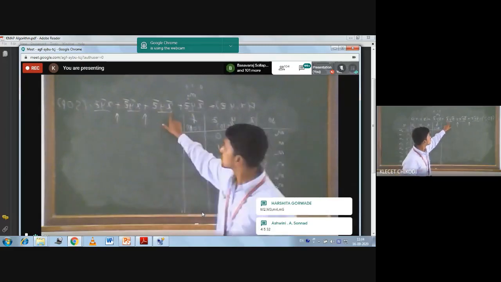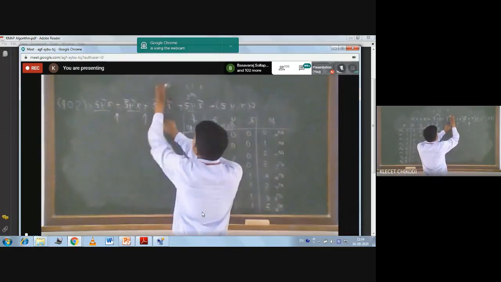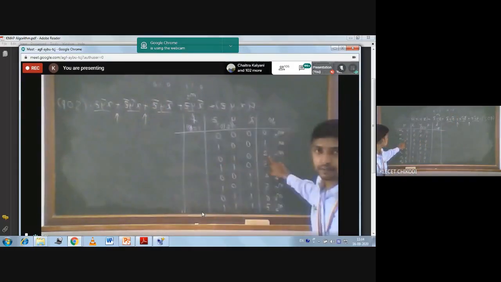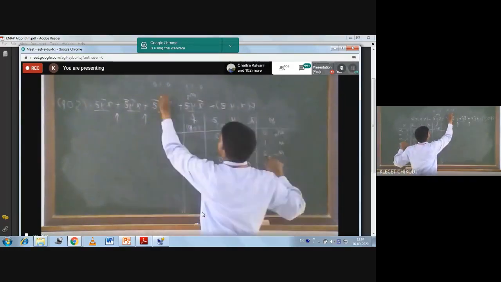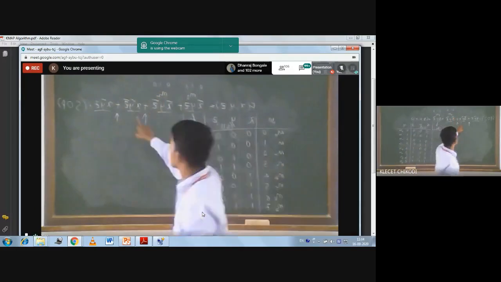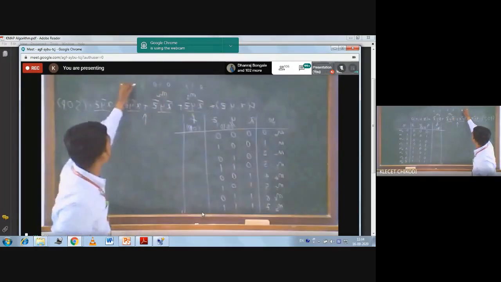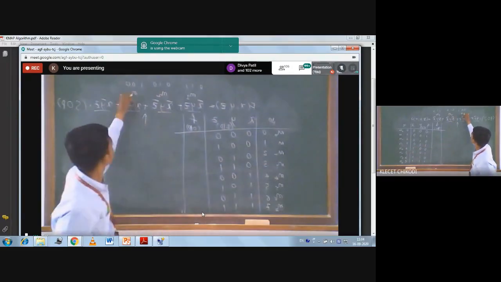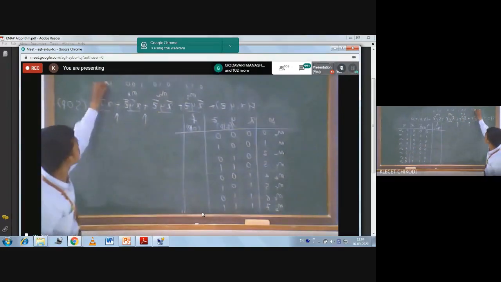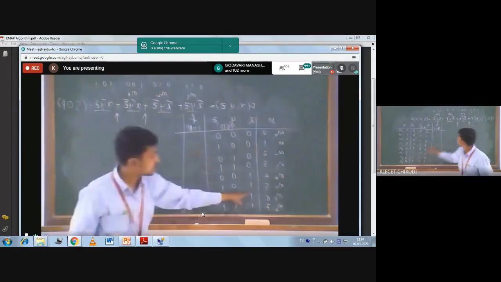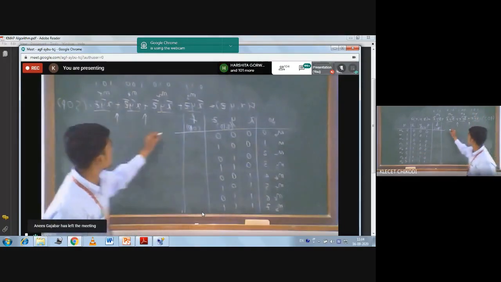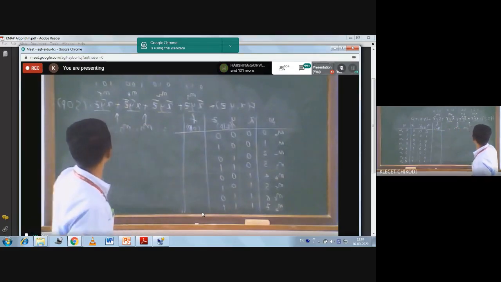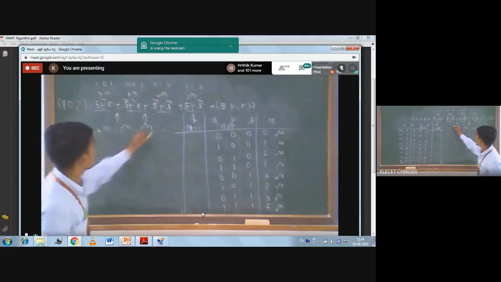Similarly, for 0, 1, 0, the minterm here is M2. For 1, 0, 0, it is M4. And for 1, 0, 1, it is M5. So the min terms available are M2, M3, M4 and M5.